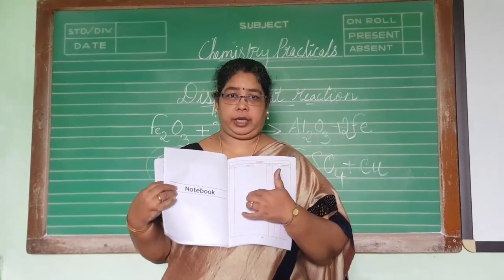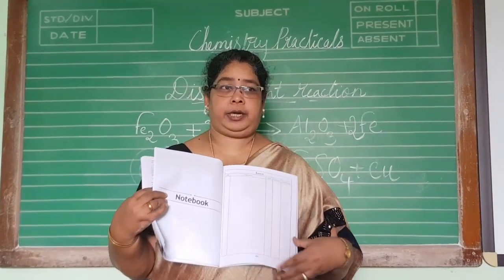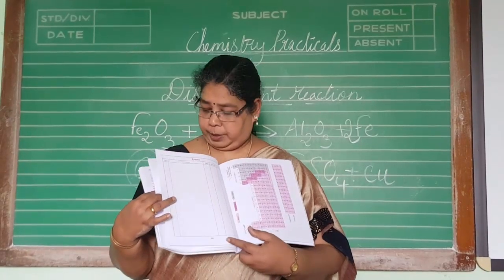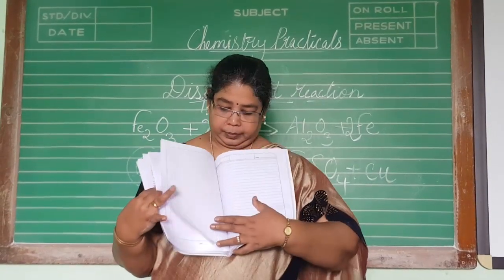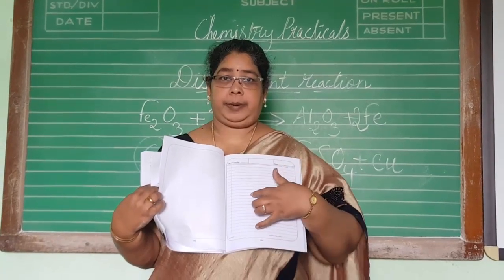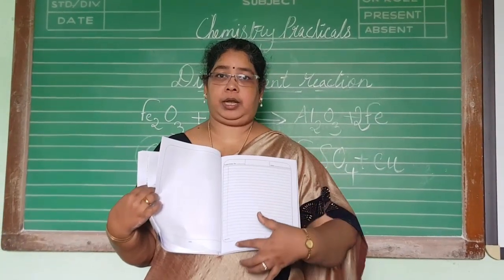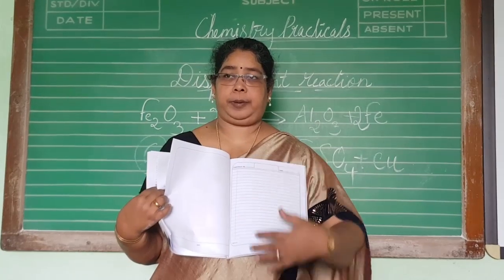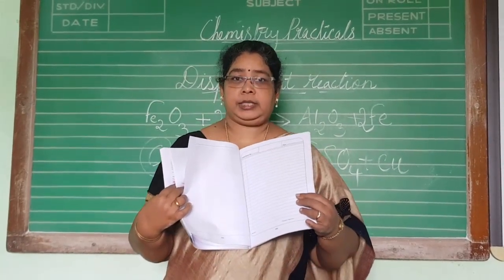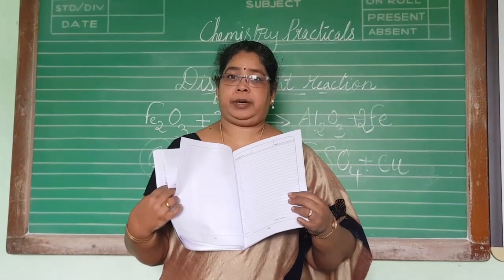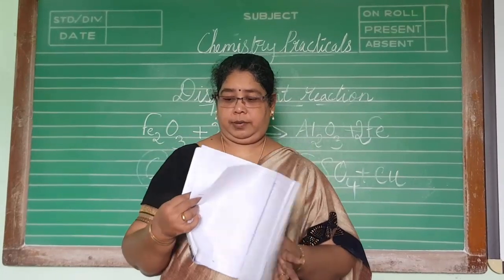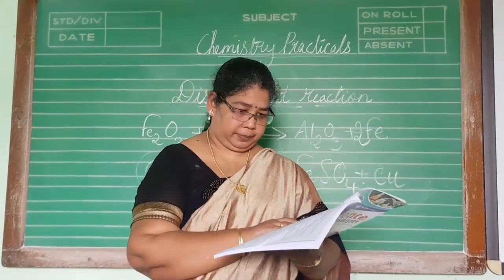Experiment number, name of the experiment you have to write, and then you will be taking a fresh page, and in the fresh page you will be writing your experiment number, date. Fresh page like this you will be taking: experiment number, date, the name, apparatus, material, chemical equation and conclusion will be coming on the ruled page, and on the plain page you will be doing the observation table. Here for this experiment there is no observation table, but we are having some procedure that you have to write in the ruled page. So now I will mark and give it in the journal.